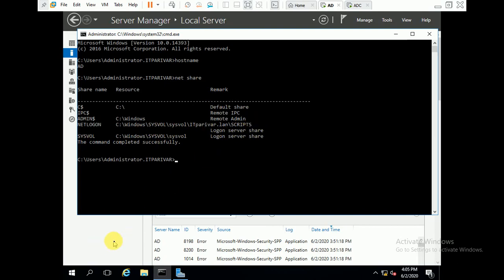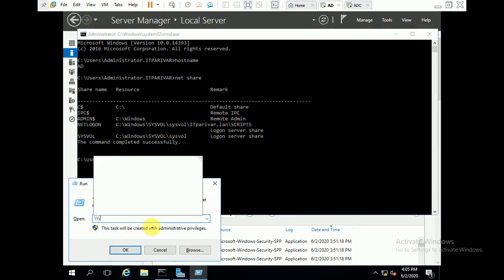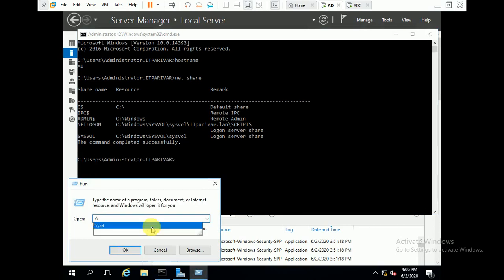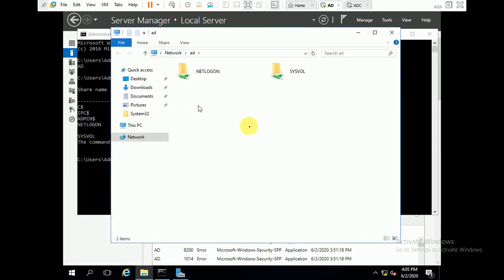Another way to check: if you are on a Windows domain server and you access the server by host name or through its IP, you will get this window with the netlogon and sysvol folders. In the same way, let's jump on ADC and check.